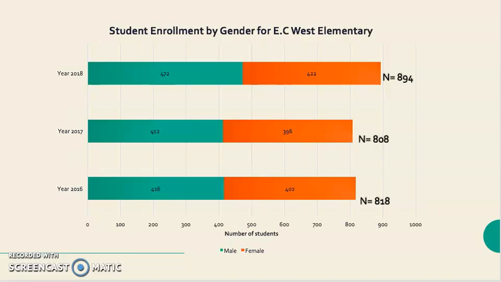Here is a breakdown of our student enrollment by gender. We currently have more males than females that make up our student population. This is consistent with our previous years. In our previous years, we have also had more males than females in our student population. However, when you look at the graphs, you can see that even though our males are more, it is still roughly about half male and female population. So there's not way more males than there are females or way more females than there are males.